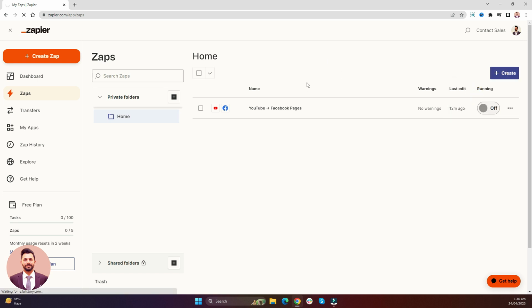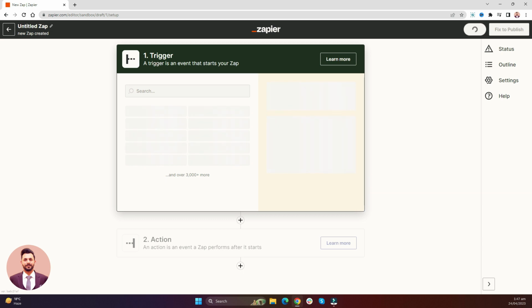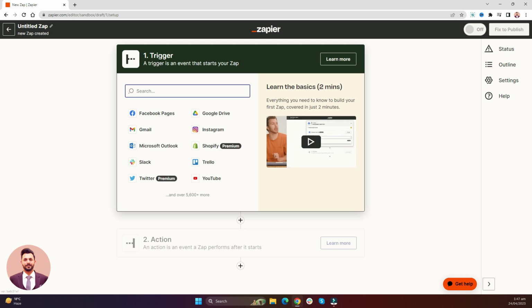We are going to create a new zap first of all. First of all, there is the trigger. A trigger is the event that starts a zap: what happened, and what is the action. What happened means you upload the video, that is the trigger. An event is triggered, and then if that event is triggered, like a YouTube video is uploaded, what do you want to happen? That the video also goes to